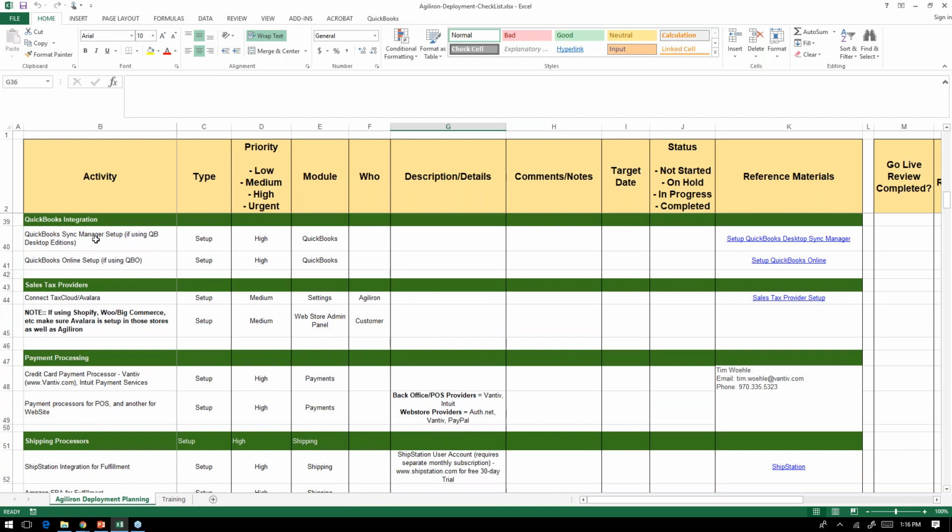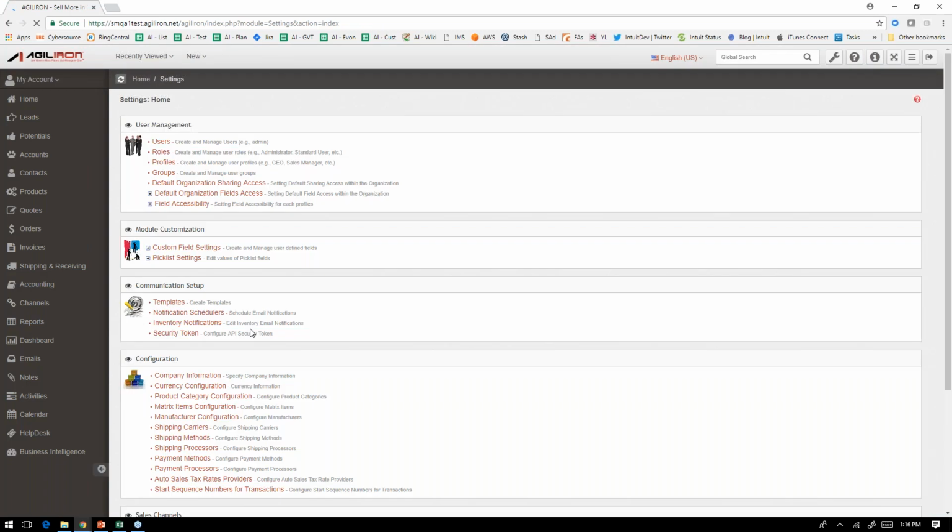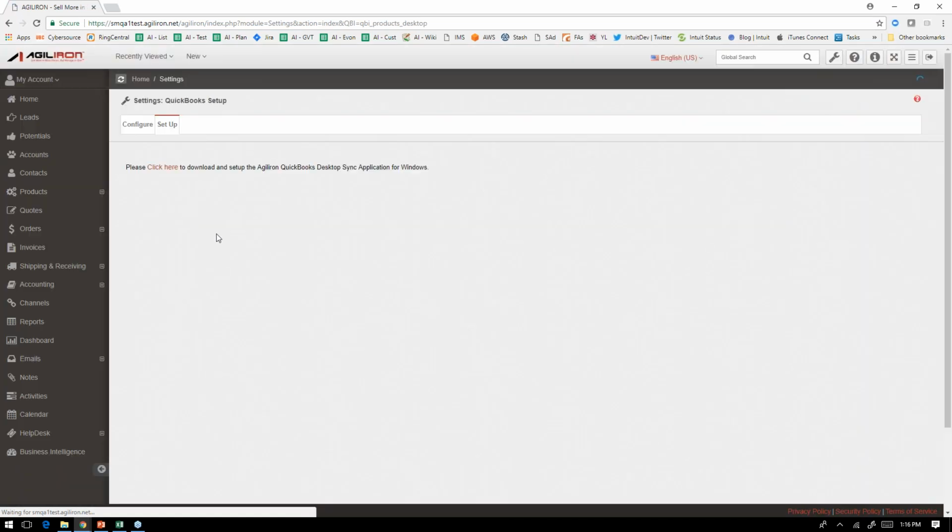And then we come to the QuickBooks integration. We will connect QuickBooks, and this could be QuickBooks Desktop or QuickBooks Online. If it's QuickBooks Online, then inside of Agiliron, you go to Settings, QuickBooks, and Setup, and you do that connection. Here's where you would find a Connect to QuickBooks button. This particular instance that I'm looking at is actually connected to QuickBooks Desktop, which is why you don't see that icon here. But if this was set up for QuickBooks Online, then you would see a button here that says Connect to QuickBooks. You would click that,